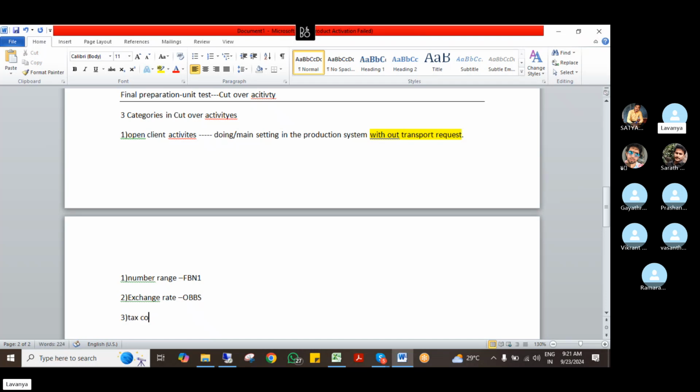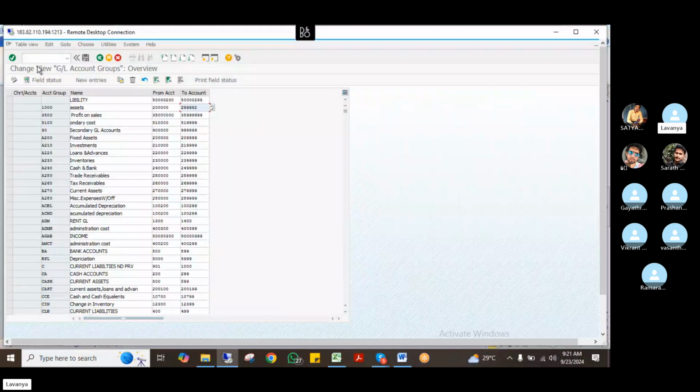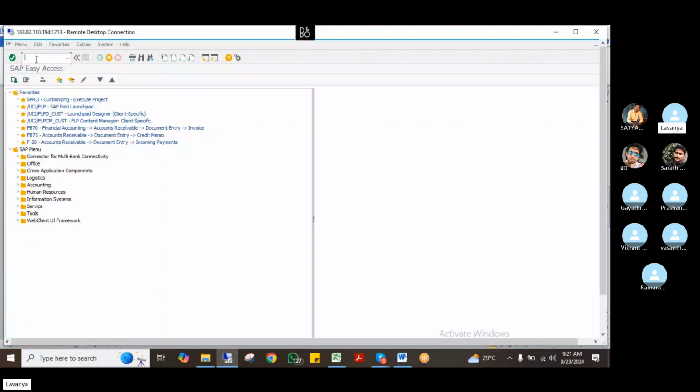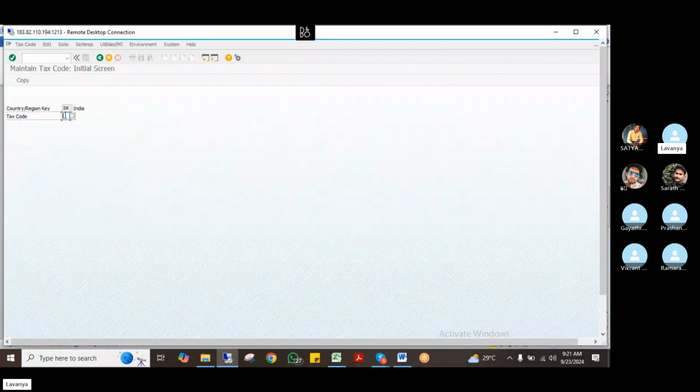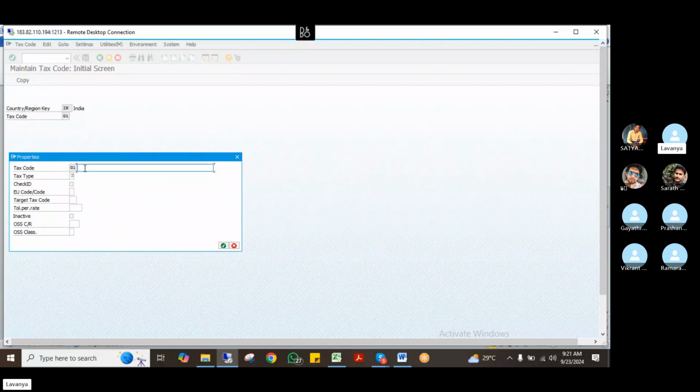So if you see the tax codes, FTXP, for GLs, if you see GL tax code creation, it won't ask for any transport request. In FTXP, country region, suppose I'm adding any GST related G1. Just enter G1. See here, if I add input tax 5%, tax type is VA,